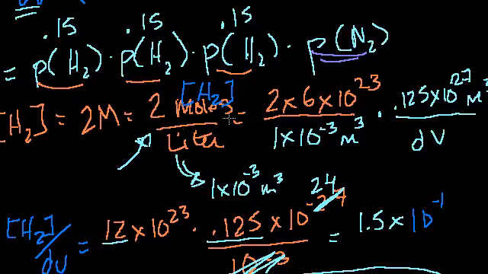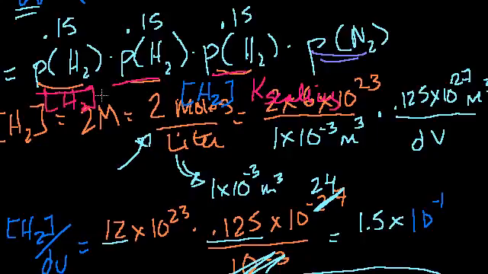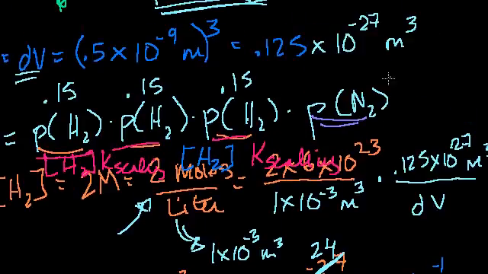We could just say that this was just equal to the concentration of hydrogen times, based on how I picked my dV, I had to do all of this scaling, but it was times some constant of scaling to my appropriate factor. So if we want to figure out each of these, this is just the concentration of hydrogen times some scaling factor. And this is going to be the same thing. I mean, we could do the same exercise right here. We figured out the exact value with the hydrogen, but you could do the same thing with the